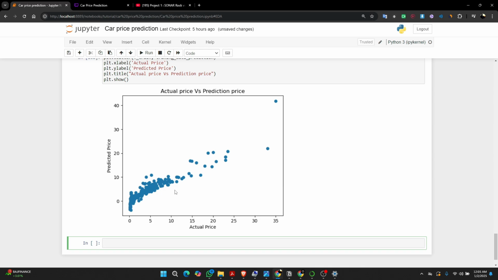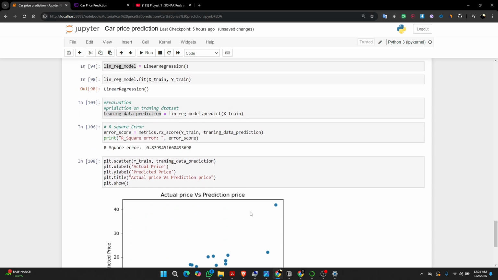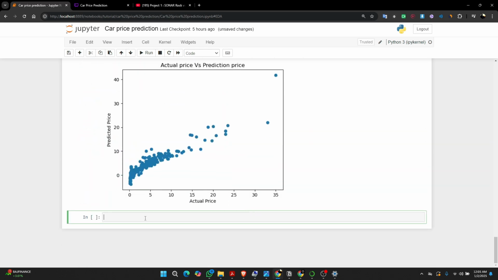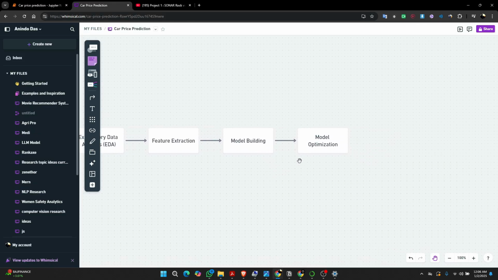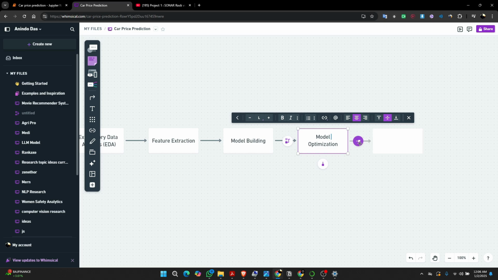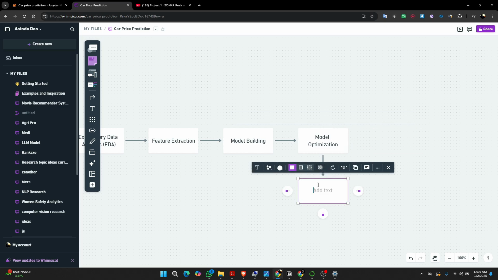So yeah, from this graph, we can tell that our model is properly working. And now what we can do over here is simply switch to model optimization. For model optimization or other model building, we can also select this one, and we can simply write over here, using